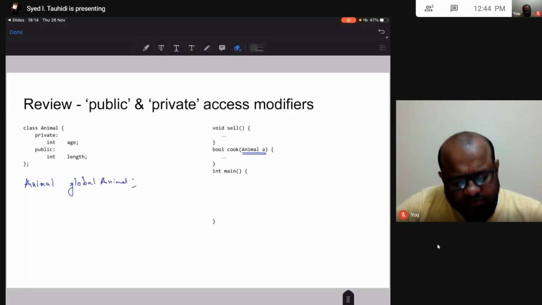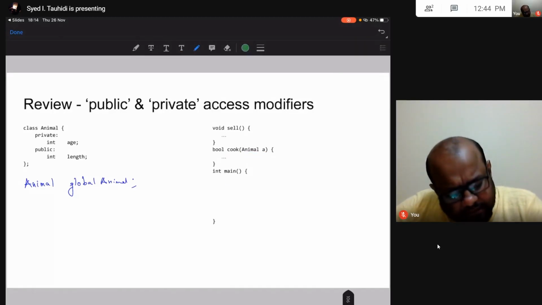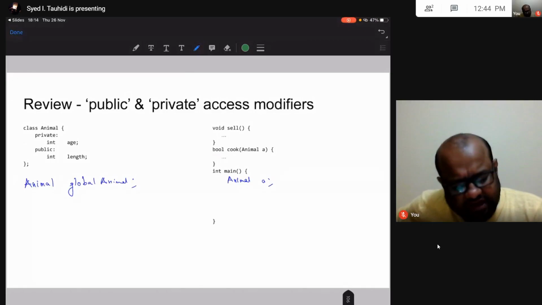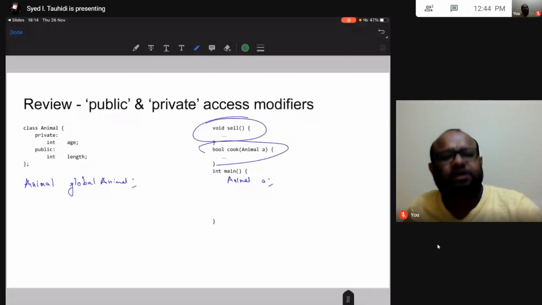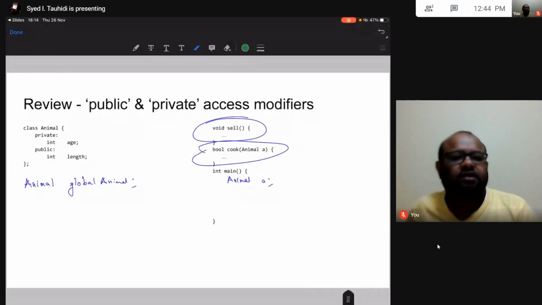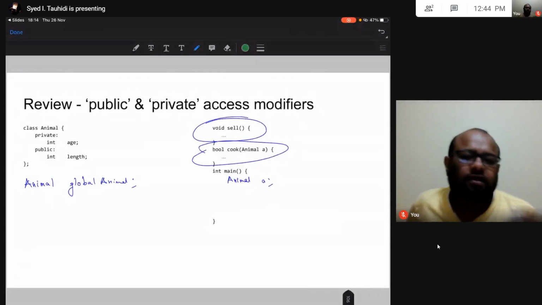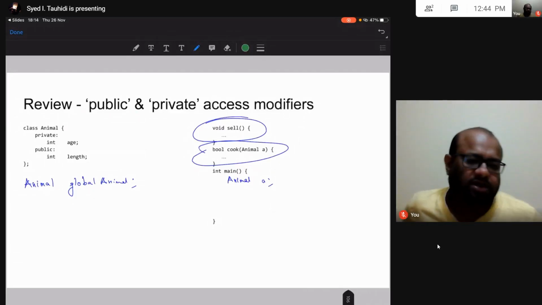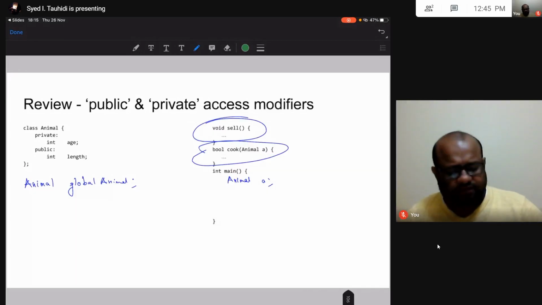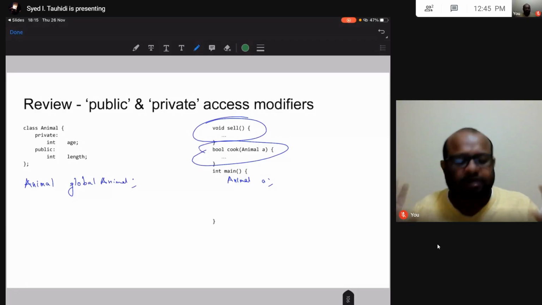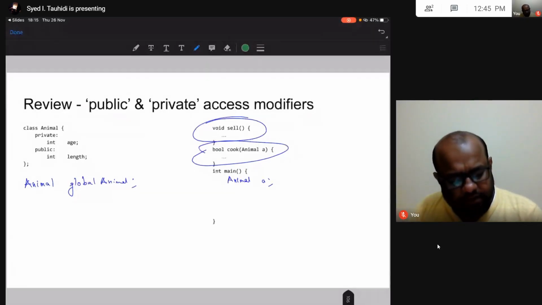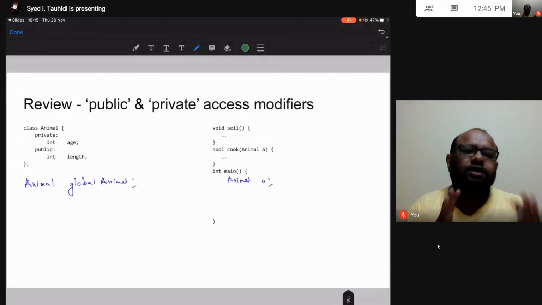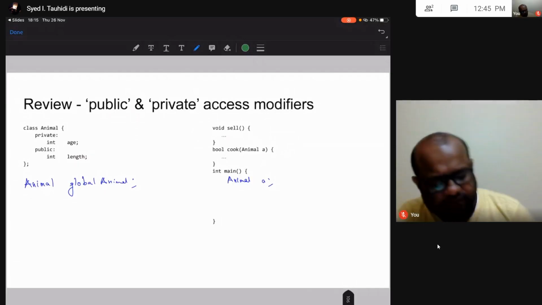Now say there is this object, this animal A, that is there in one of these functions. These three are the same type of function. None of these are inside this class: these three functions main, cook and sell. None of these functions are inside this animal class, and none of them are friends of the animal class. So for all practical purposes, these are all the same type of function. Let's just talk about this main function, and whatever we talk about this main function will apply to the other types of function as well.